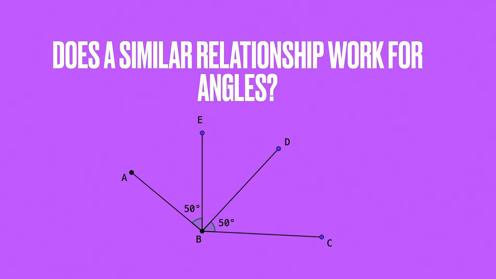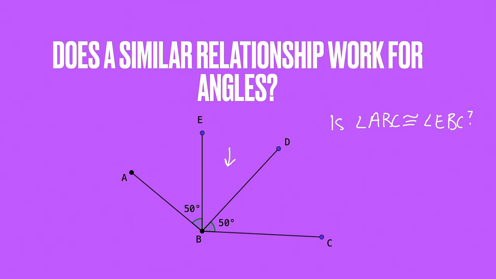All right, so moving forward, I want you to think here for a second, does this similar relationship work for angles? Well, let's think about it. If I know that ABE and DBC are congruent because they have the arcs on them, they're both 50 degrees. So the diagram shows me here these are congruent by the markings. So if I were to ask, is angle ABD congruent to angle EBC? The answer is going to end up being yes, because I am taking the angle in the middle and